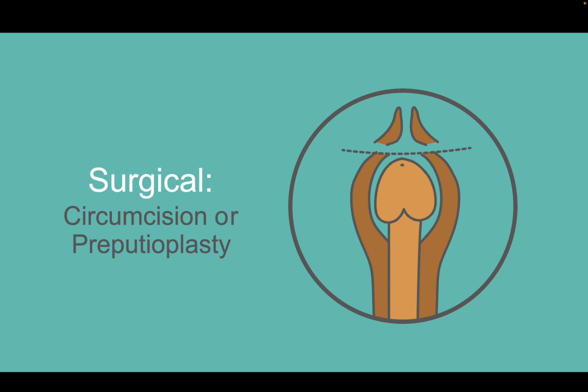In those patients that prefer to preserve the foreskin, prepucioplasty is an option. In this technique, a series of Z-plasties around the phimotic ring open the phimotic ring. Prepucioplasty is associated with an increased risk of recurrence, and this is especially so if the glans is not protected with barrier cream postoperatively and the foreskin is not